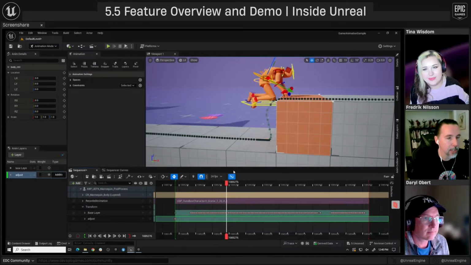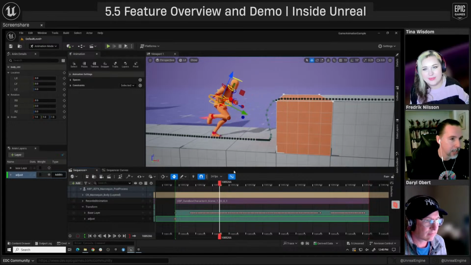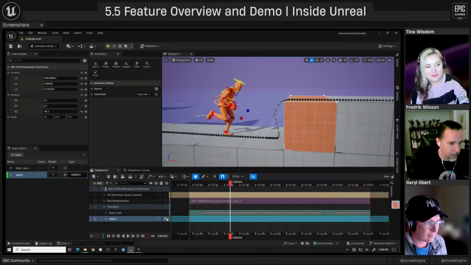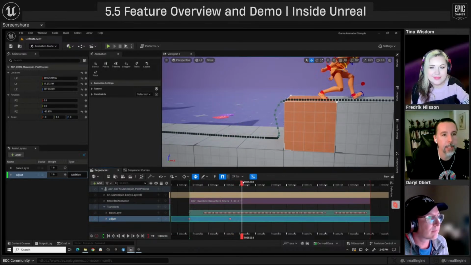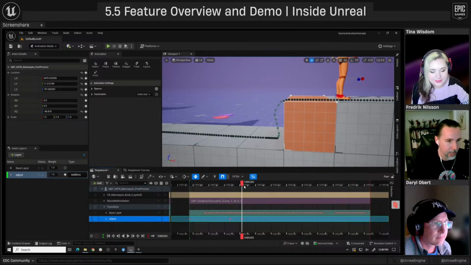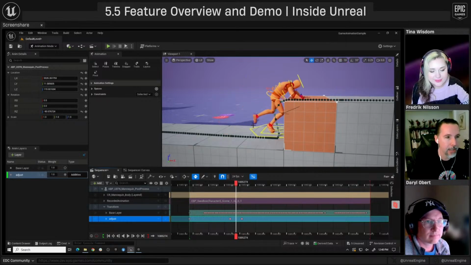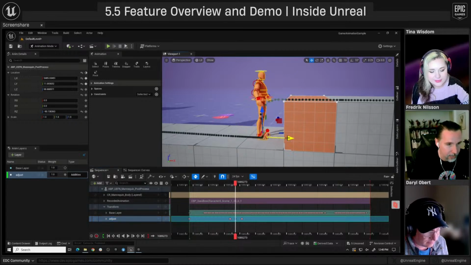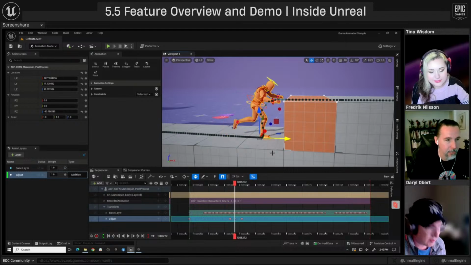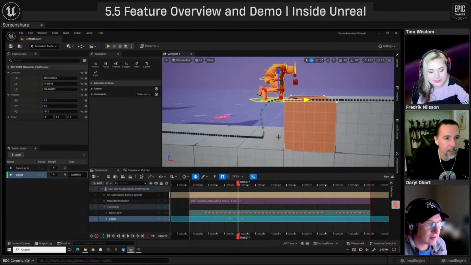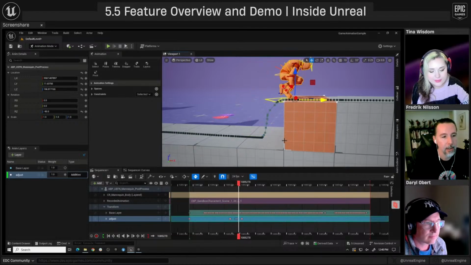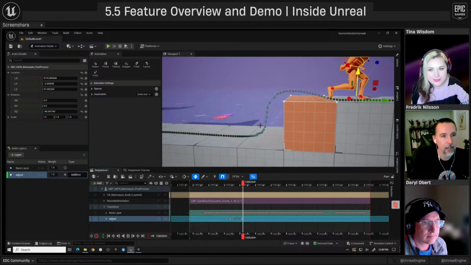Actually, I can fix this problem where he goes through the thing. I'm gonna do that on this adjustment layer. I'm gonna keyframe this, and I'm gonna keyframe when he lands up here again, because I know those are the points that I want to keep intact. Now here, I'm gonna slide him back a little bit so that his hand makes contact with that. Now between this keyframe and this keyframe, he ends up here, and then I can make some adjustments. I'm just roughing this in, not really spending much time, but maybe exaggerate him going up a little bit higher. So now I've made a little tweak there, right?